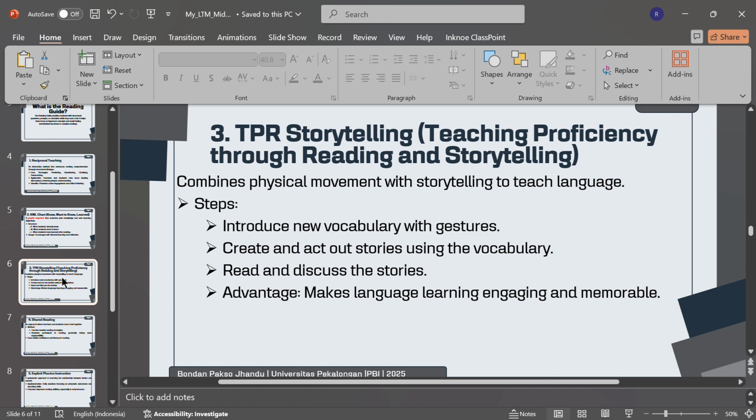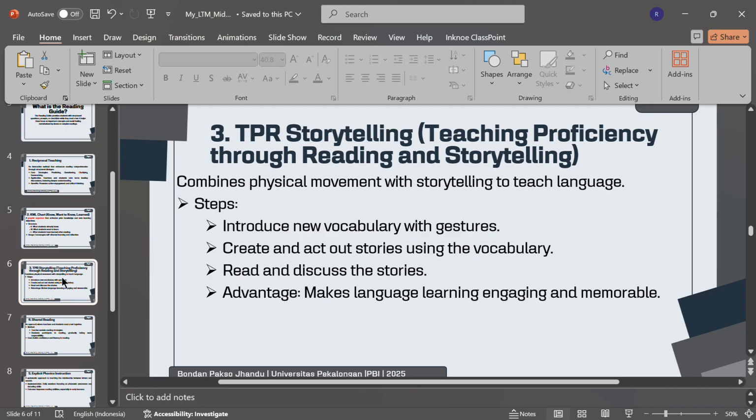Throughout these three steps, the teacher will use a number of techniques to help make the target language comprehensible to students. So there are three steps.